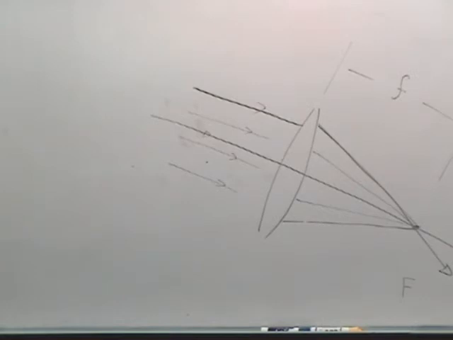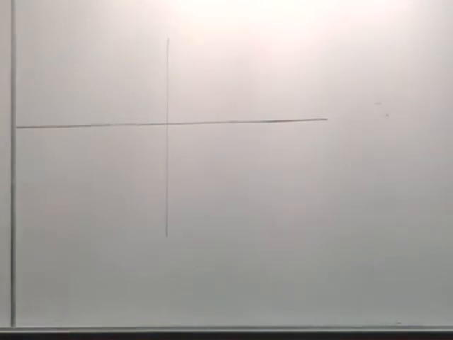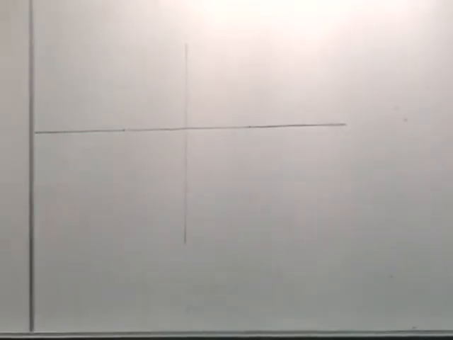I do want to mention that when I use the term ray tracing diagram, that means you need to be pretty accurate. In other words, you use very accurate measurement devices, you draw very straight lines, and you make careful measurements. That's a ray tracing diagram. A sketch is just a quick picture that you draw inaccurately. I'm going to do a ray tracing diagram. And to do that, what we typically do is we use various colors for doing ray tracing diagrams.